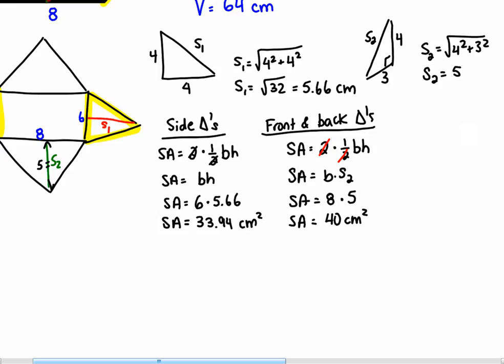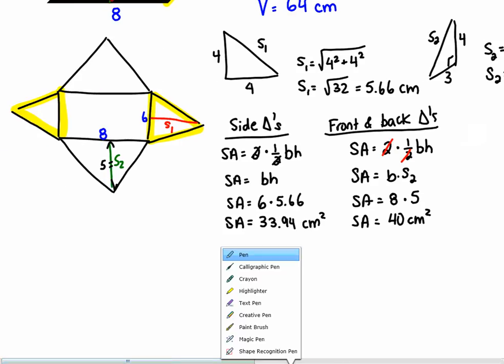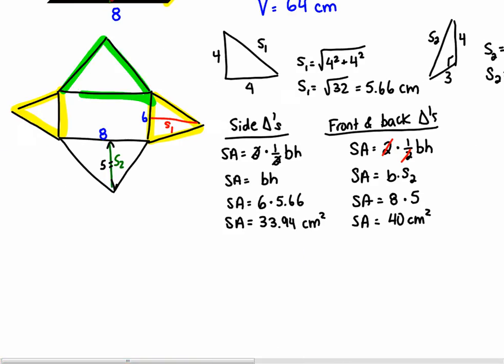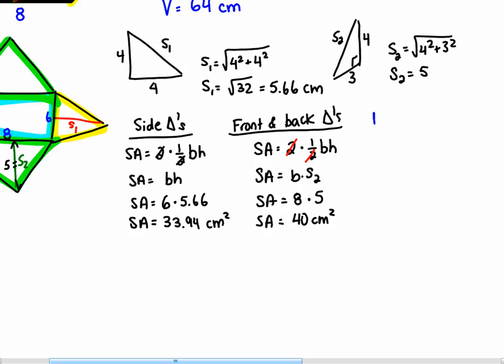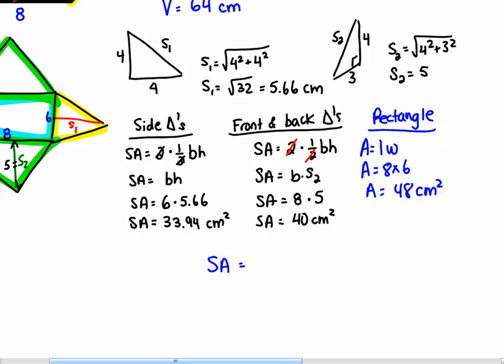The last part is, what else do we need to include? We got the front and back triangles, and the side 2. What other shape is here? The rectangle, 1 rectangle. Yeah, so we also have this rectangle in the middle here. Formula for a rectangle? Length times width. So that would be 8 times 6. And what's 8 times 6? 48. And so your total surface area when you add these all together is 40 plus 48 plus